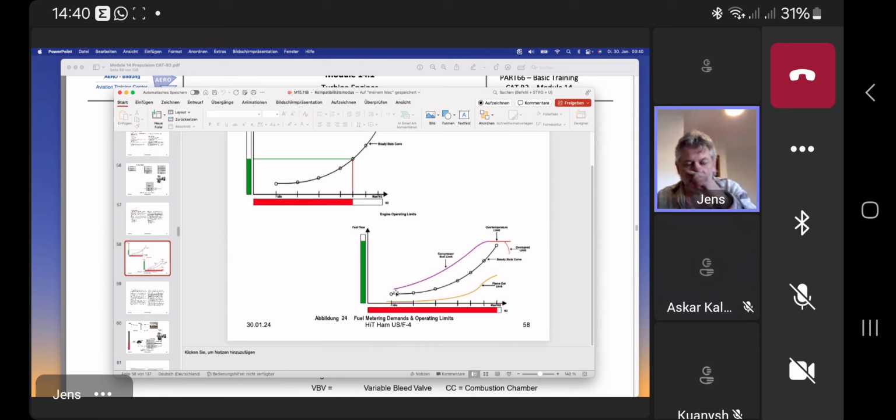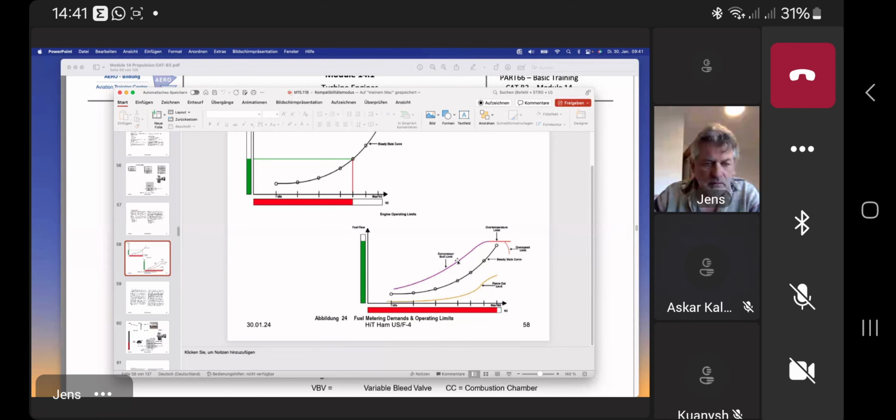So the pilot is just pushing the thrust levers to the front, requesting takeoff thrust. Every engine, maybe an old engine and a new engine, will act differently, because not every engine will enhance the fuel flow as fast as possible. We have several risks. If the engine would enhance the fuel flow too fast, it goes to the edge here with the compressor